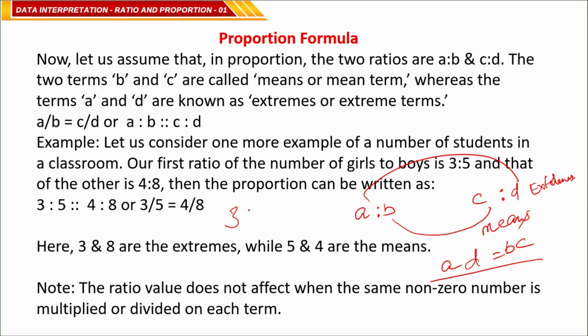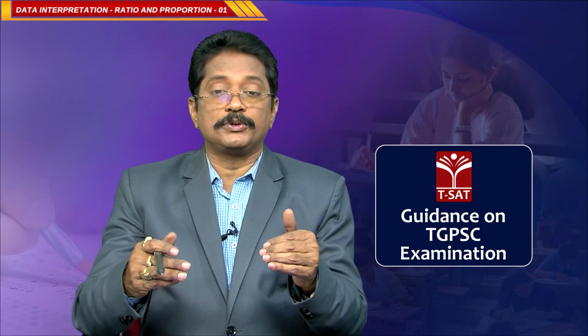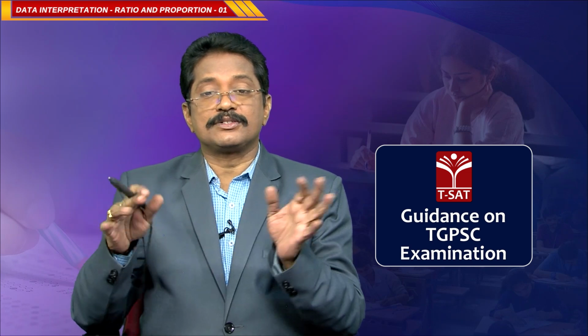Here 5 times 4 is 20 and 3 times 8 is 24. Now 3 and 8 are extremes while 5 and 4 are means. The ratio value does not change when the same non-zero number is multiplied or divided on each term, clear? So when A is to B and C is to D are in proportion, then AD is equal to BC,